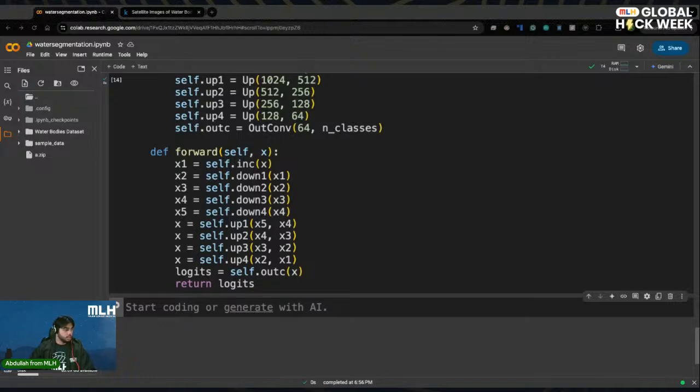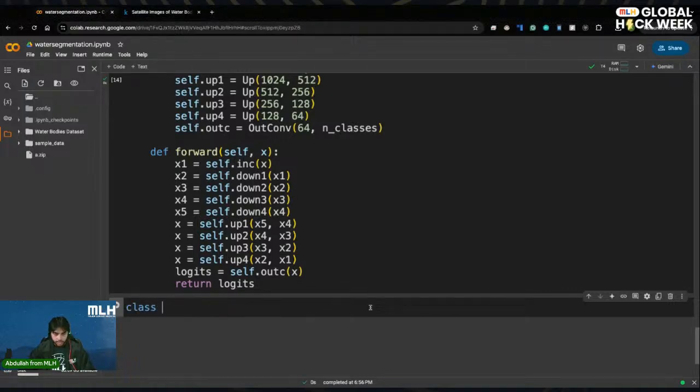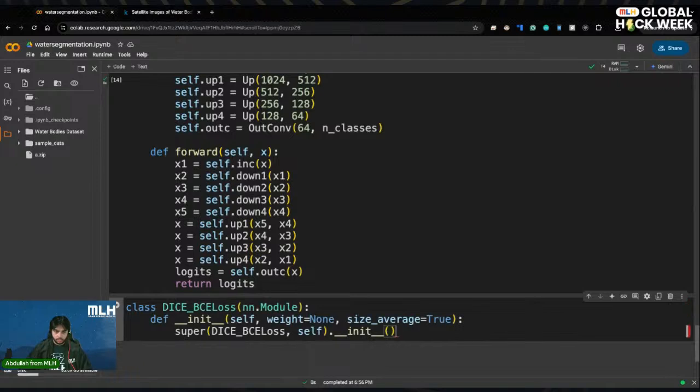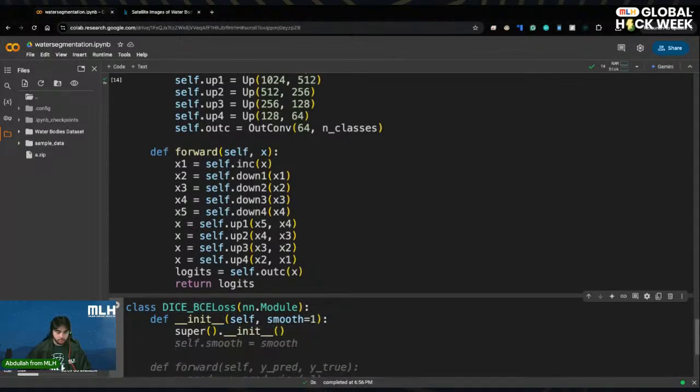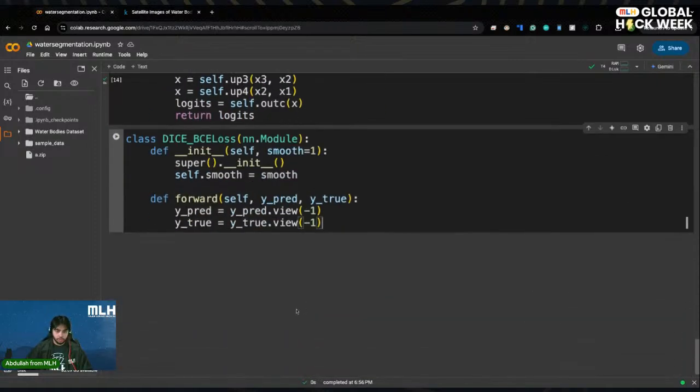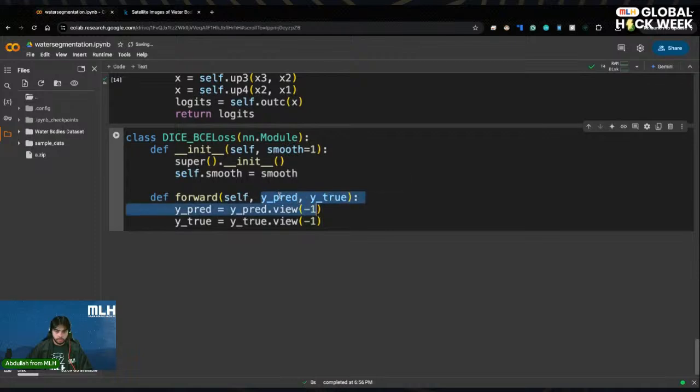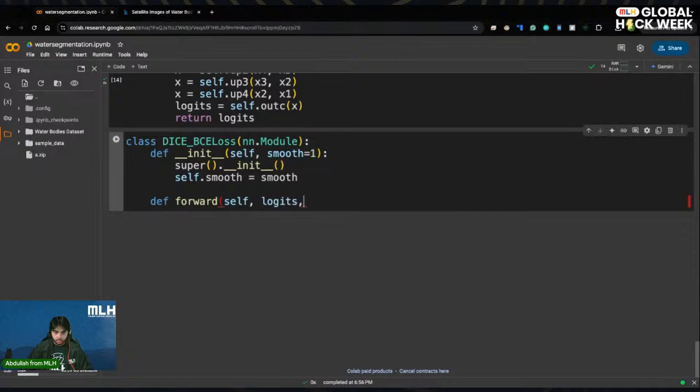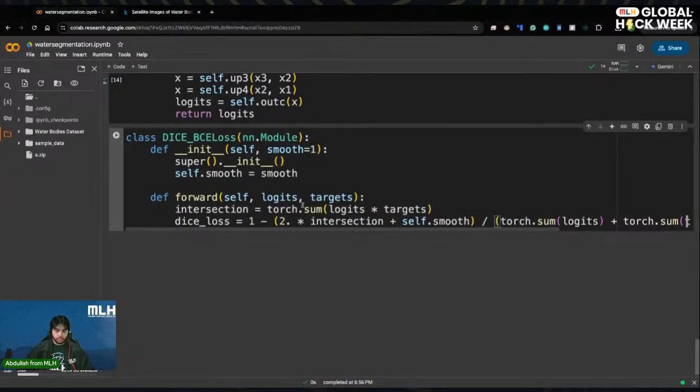So we can honestly just type in the dice BCE, new class, dice loss. Let's do dice BCE loss init with self and smoothness. Okay, and then let's see what our forward looks like. Self, y. No, we are doing logits for this and targets. And then we're trying to find the intersection, which again was 2 times logits times target. Okay, so logits times target, get the sum of that as the intersection. We need,